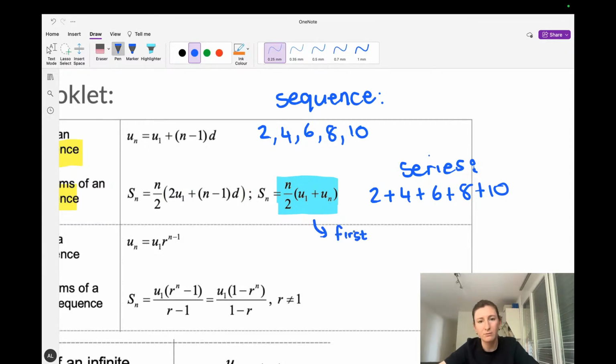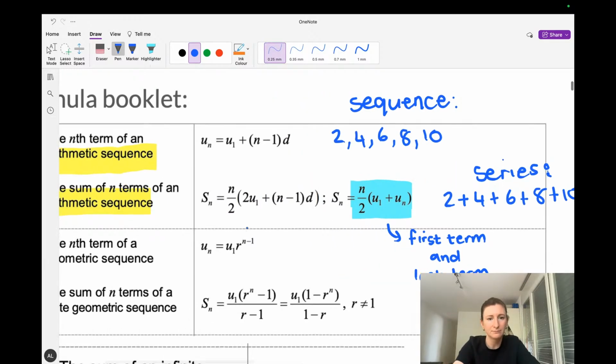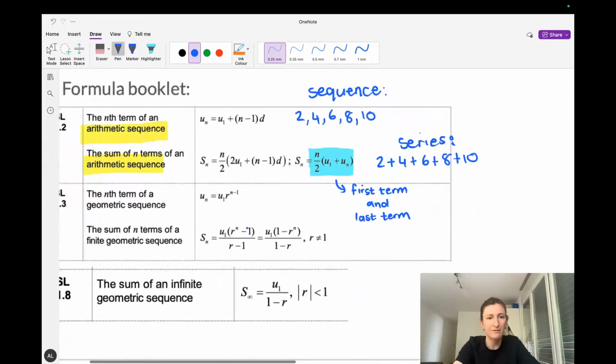First term, U1, and the last term of the sequence. When you know that, you can just use this formula. That's quite nice, because you don't need to know the value of D for that, and that can sometimes be useful. So first term and last term, just a little shortcut. Then we have